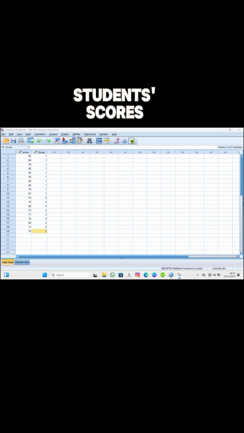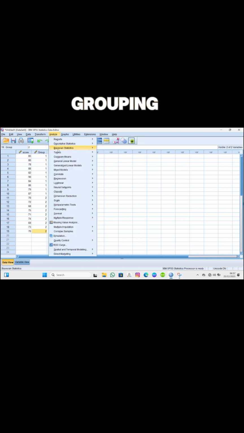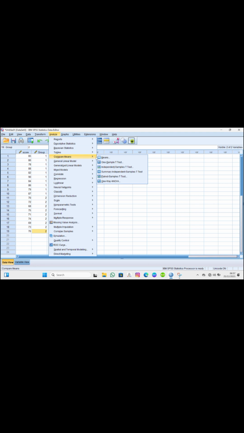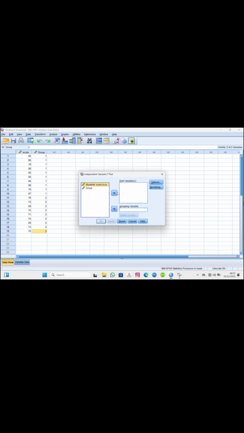Then I moved student scores to the test variable box and group to the grouping variable box. Finally, I defined the groups as 1 and 2 and clicked OK.